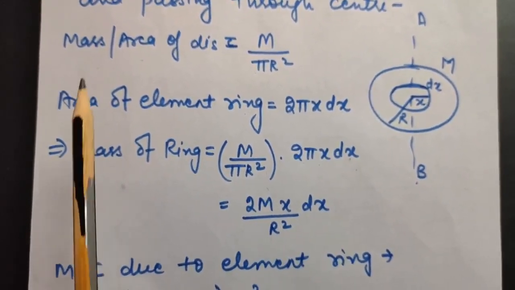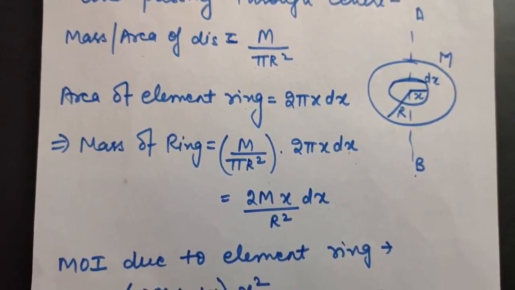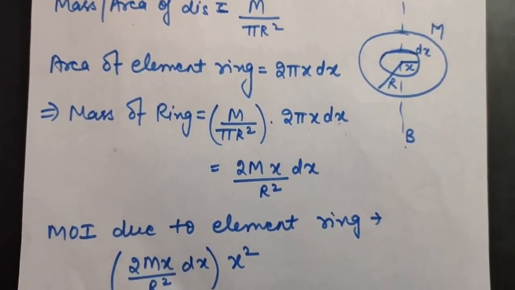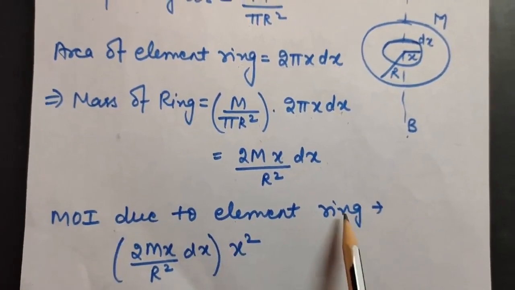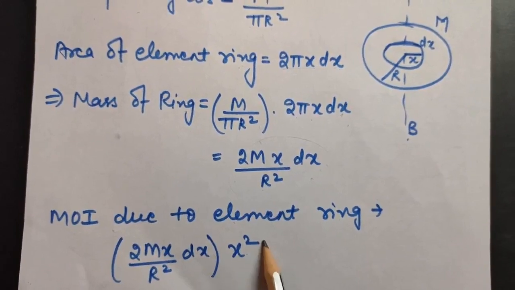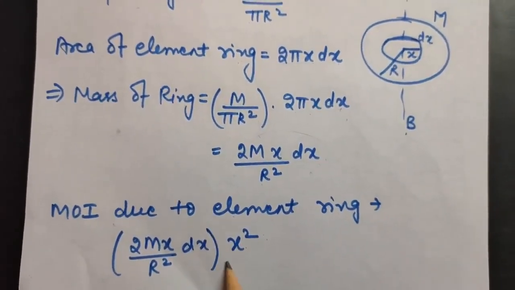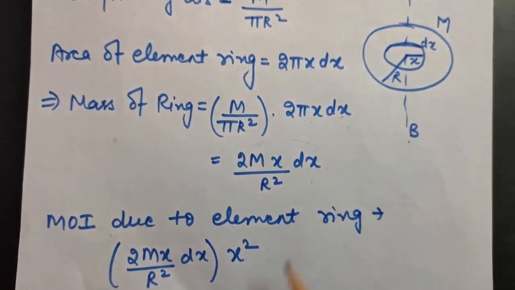Okay. So this is just unitary method. So it will be this. Now the second step is to calculate the moment of inertia due to this ring. The moment of inertia due to this ring will be the mass of the ring into x square, because x is the distance. Okay. Now we will just integrate it and the limits will be from, see, we have to integrate